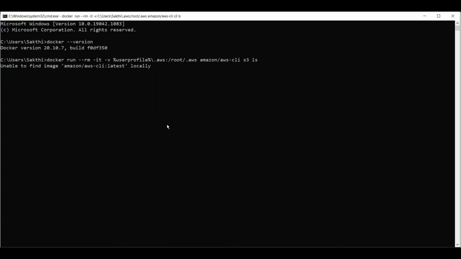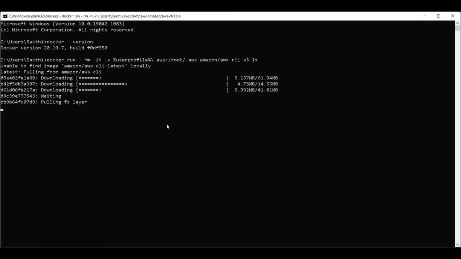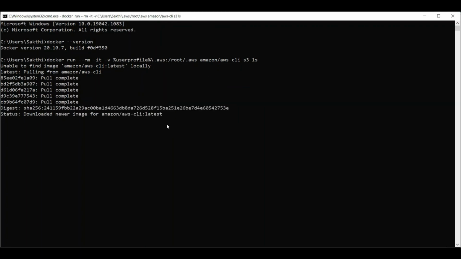So it's searching for my AWS CLI image and it's unable to find it locally, so it is getting it from Docker Hub. Okay, see, it has downloaded the image. Okay, this is the S3 bucket which is available in my AWS console.